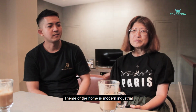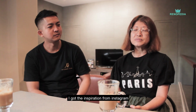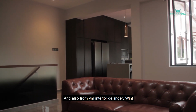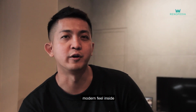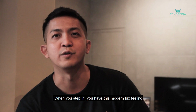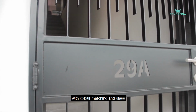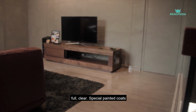The theme of the home is modern industrial, and I got the inspiration from Instagram and also from my interior designer Win. This is a shop house and the owner actually requested a modern feel inside. From outside you have the old school vibe, and when you step in you have this modern luxe feeling of color matching, with glass and special painted coats